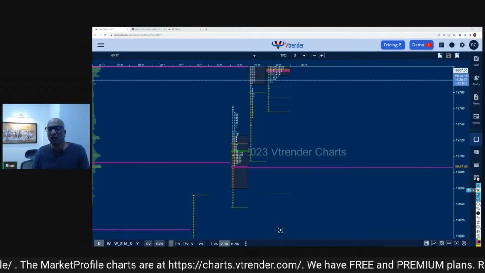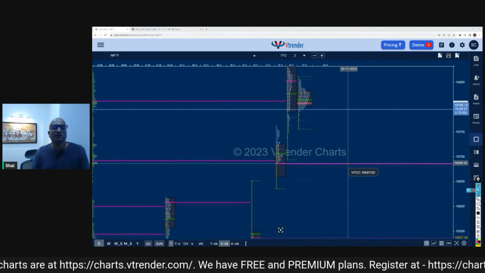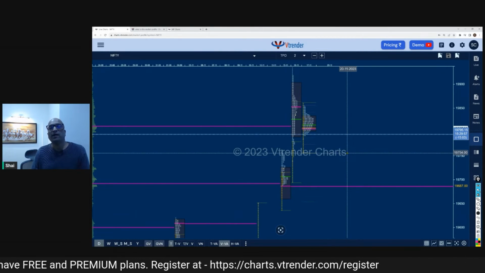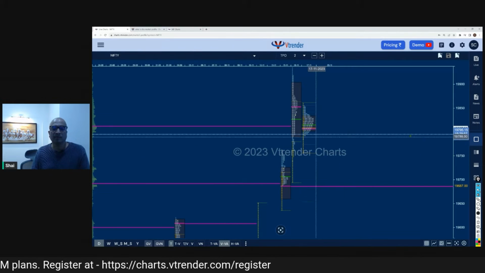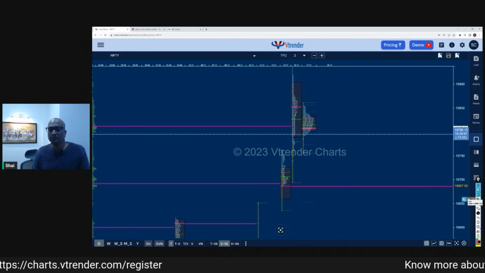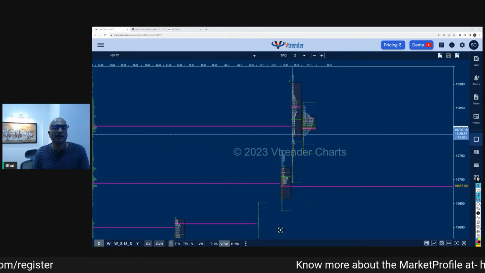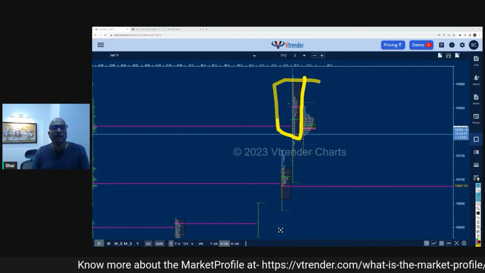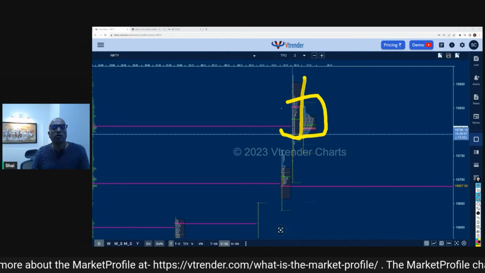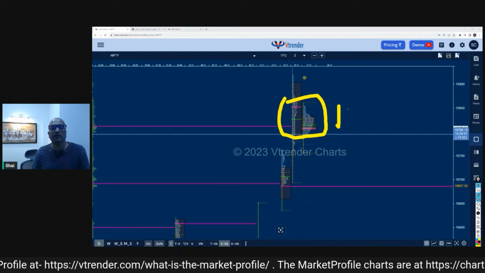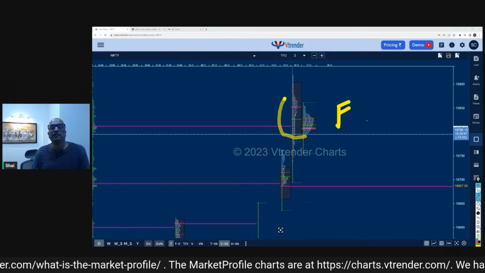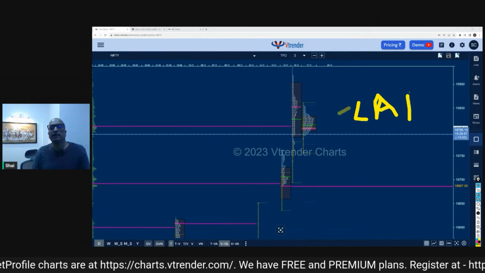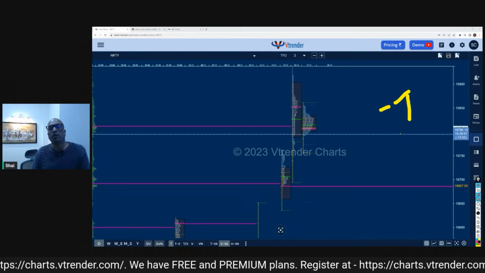So if you had to look at a market profile chart and try to find out what to do in this market, I would look at today's chart, and based on this concept of value area, it is in the value area of yesterday. See, this is yesterday's value area, right? And today we are trading completely in the value area of yesterday. So this is a flat market because it stayed in the value area of yesterday. I will not do any big directional trade because we are trading in the value area of yesterday.